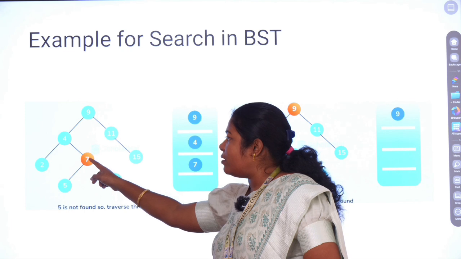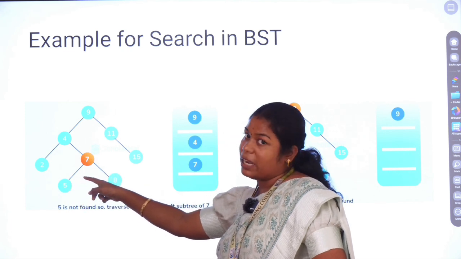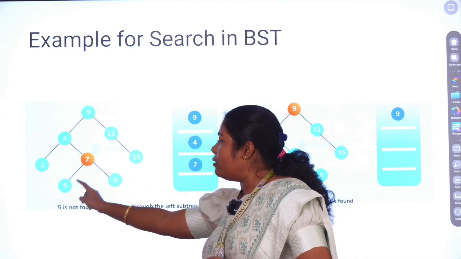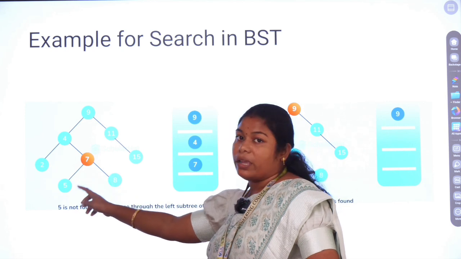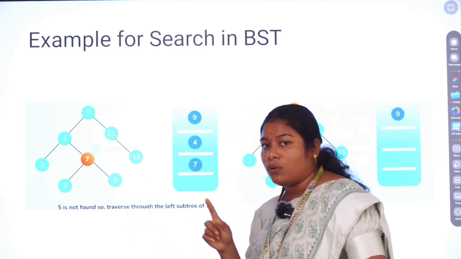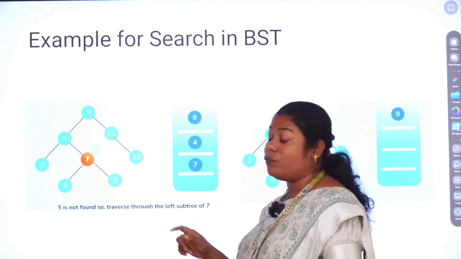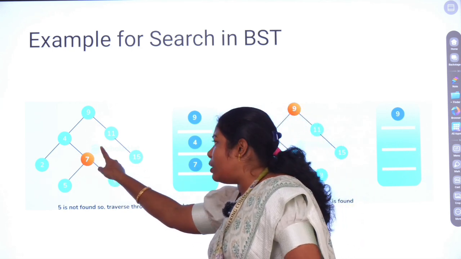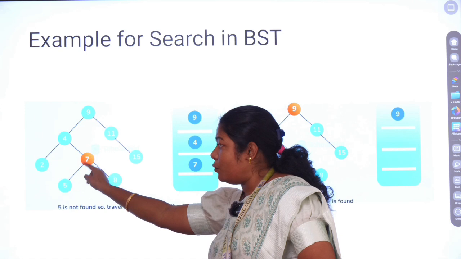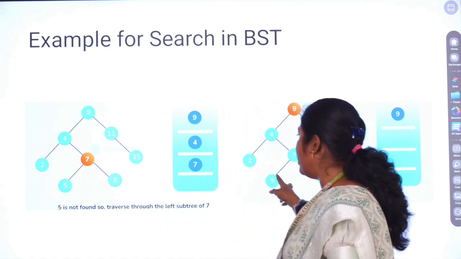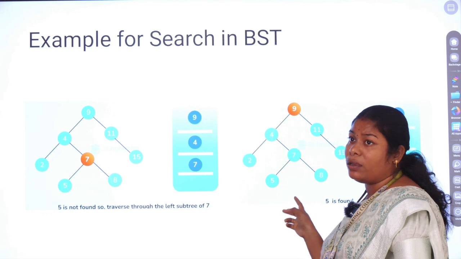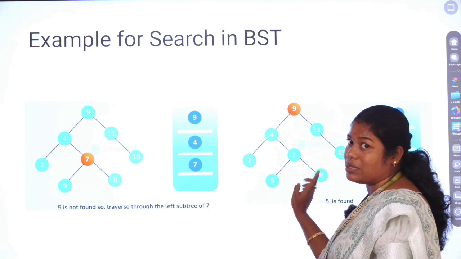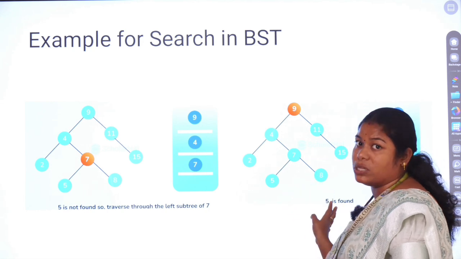Again I'll compare 7 and 5. The searching element is 5 for me, right? So I'll compare 7 with 5. Which one is greater, 7 or 5? 7 is greater. So I have to traverse the left subtree of node 7 because 7 is the parent node here. So I will be traversing the left subtree of node 7 and I have found my element here. The searched element 5 is found in the left subtree of node 7. This is how the searching operation is performed